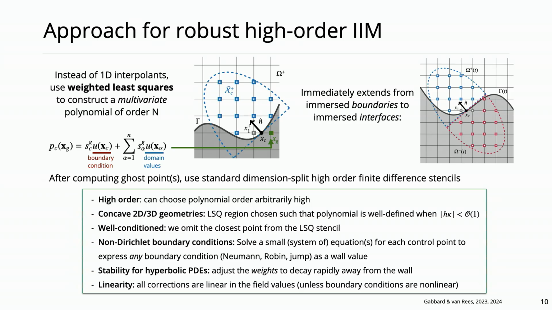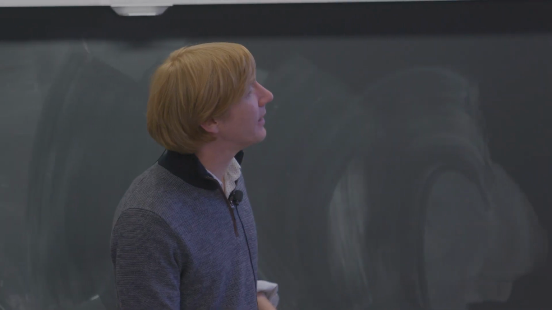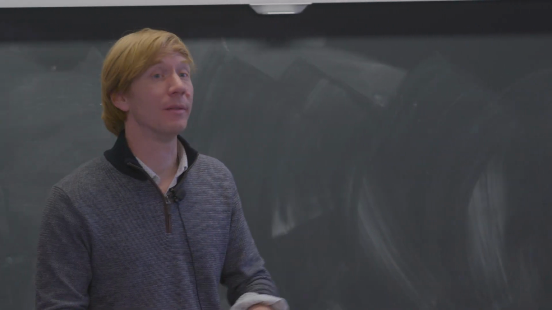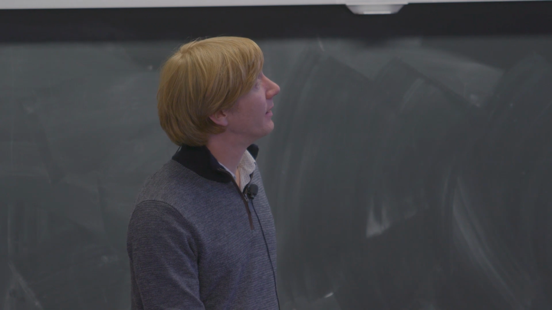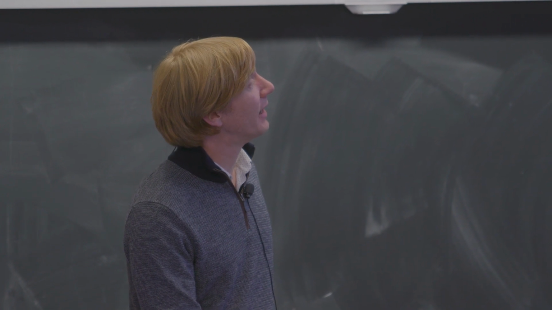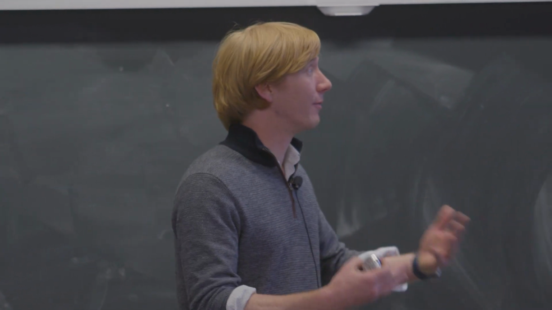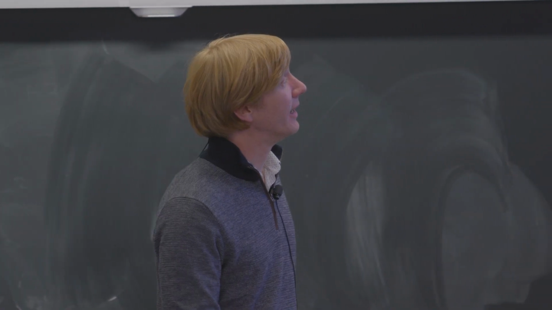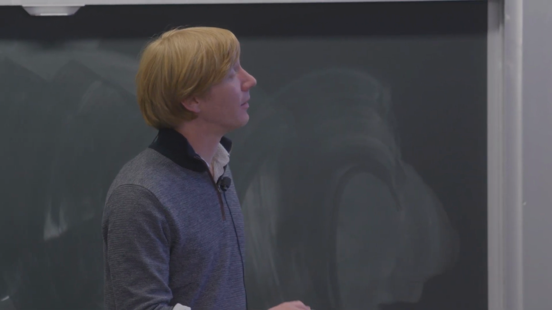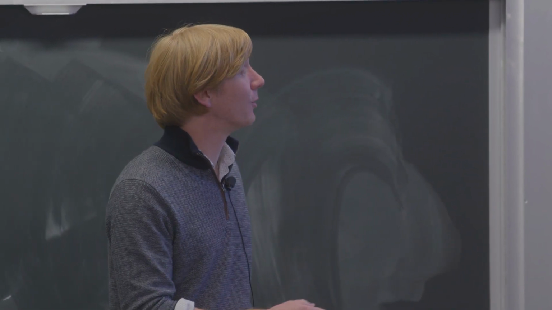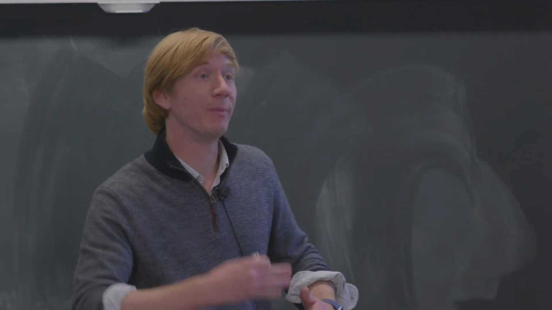So if there's concave geometries, we can choose a large enough least squares region so that we always have enough points to form a polynomial. It's well conditioned because we simply remove the first point from the stencil. We can handle non-Dirichlet boundary conditions, so we can solve a small system of equations for the wall value prior to applying this formula. If we have, for instance, a traction boundary condition that couples all the components, then we get all the wall values that we need